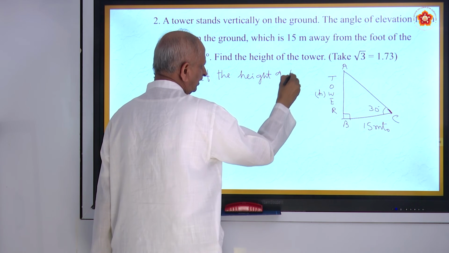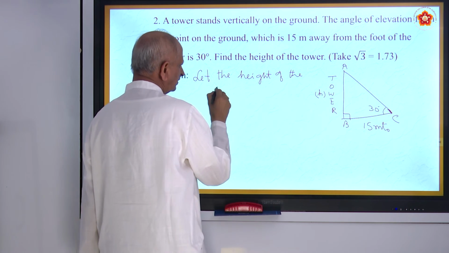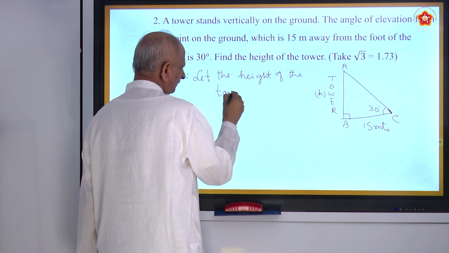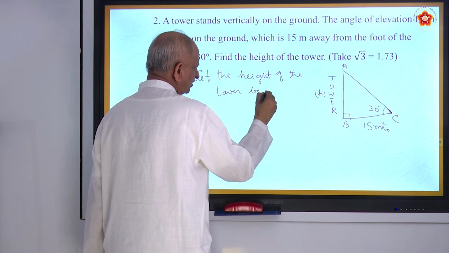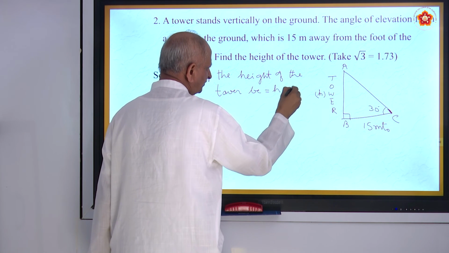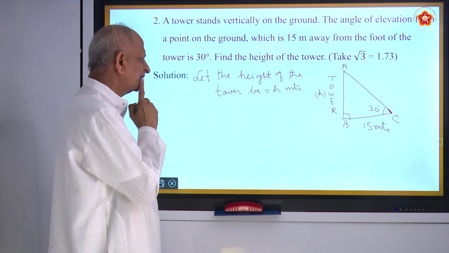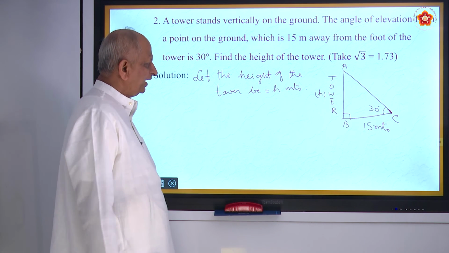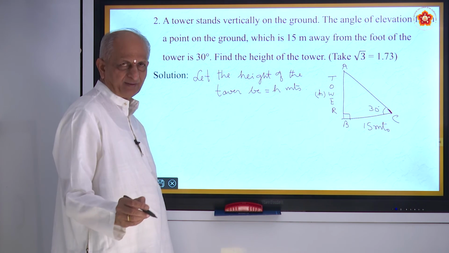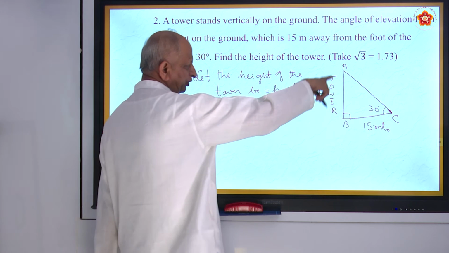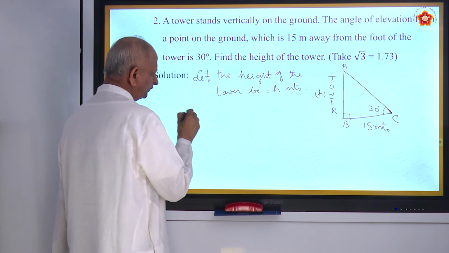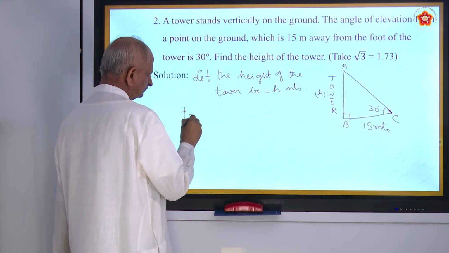Let the height of the tower be equal to H meters. Now we put a relation. As I told earlier, to find the height you have to use the tan relation. So tan 30